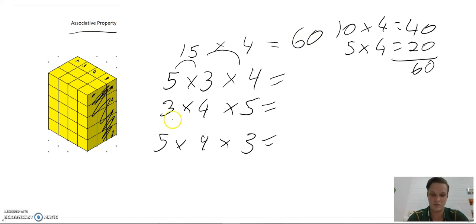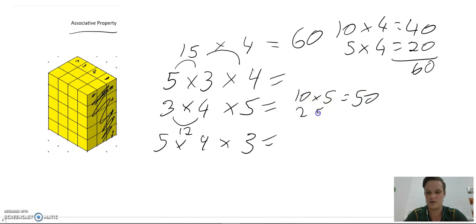So even if we did it this way, we would go 3 times 4 is 12. 12 times 5, we could break it up. We could change it to 10 times 5 plus 2 times 5, which would still get the same answer. So 10 times 5 equals 50, and 2 times 5 equals 10. Added together, we still get 60. So it doesn't matter what way we do it, we still get the same answer,